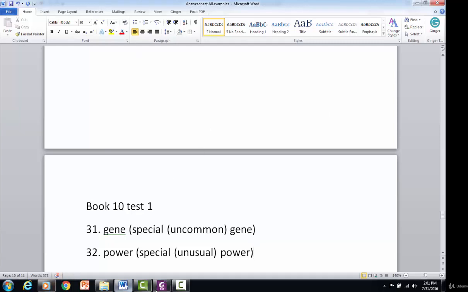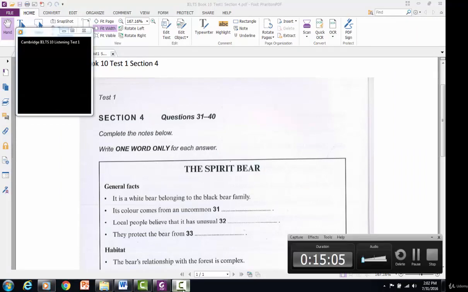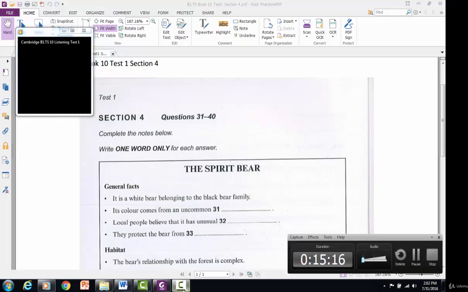Because of this, it has always been highly regarded by them, so much that they do not speak of seeing it to anyone else. It is their way of protecting it when strangers visit the area. All right, so this bear's habitat is quite